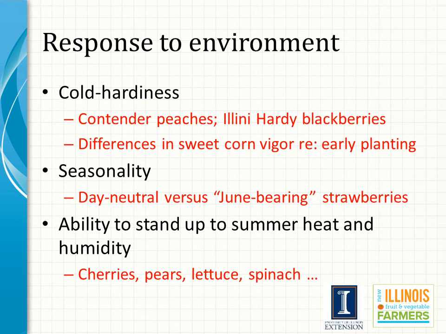There are many examples of seasonality within a crop, such as strawberry listed here. June-bearing strawberries set flower in late spring and produce one crop anywhere from late May to mid-June. Day-neutral and ever-bearing strawberries can produce more than one crop in a growing season, but require more inputs to produce